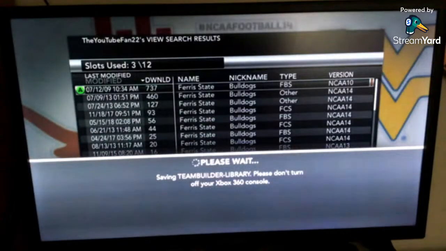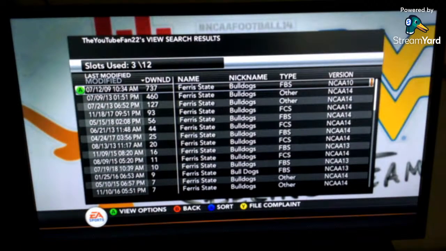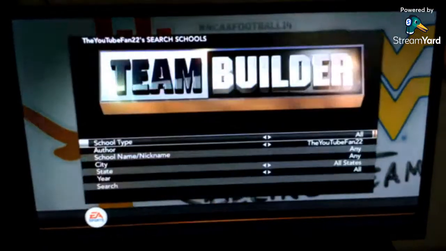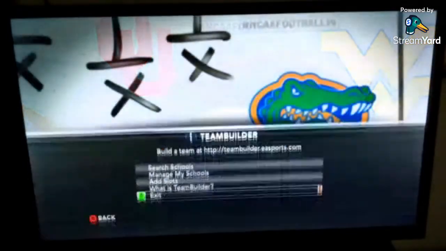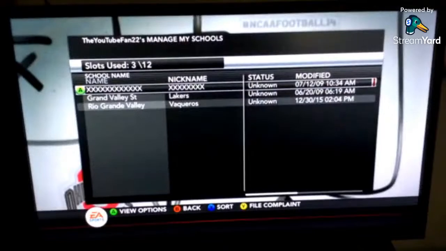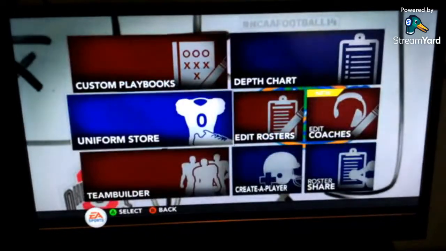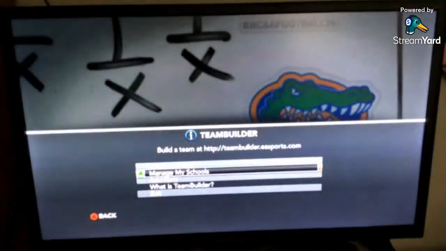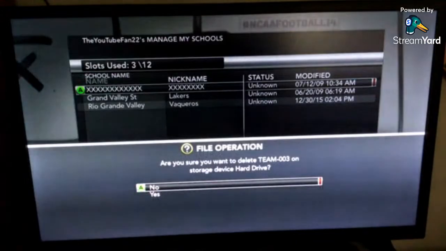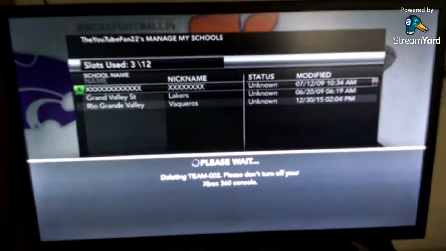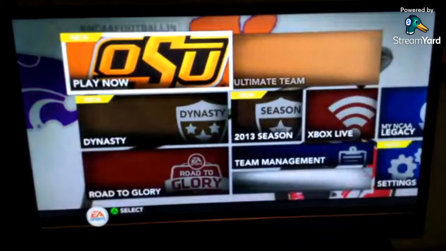And then once we go, let's take a look. We'll go to our next team. We'll take that in just a minute once we check to see if... No, they're not there. So we're going to have to go back and go to Team Builder, Manage Schools, and then we're going to delete. Yes. That's okay. We're going to go back,